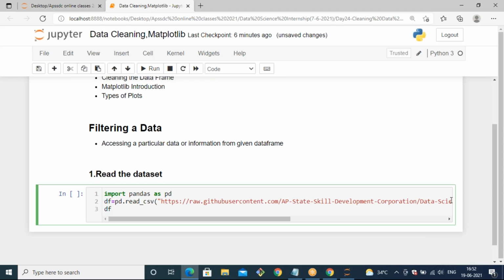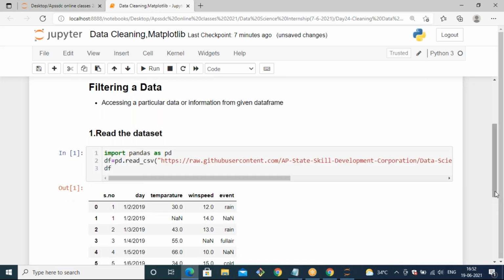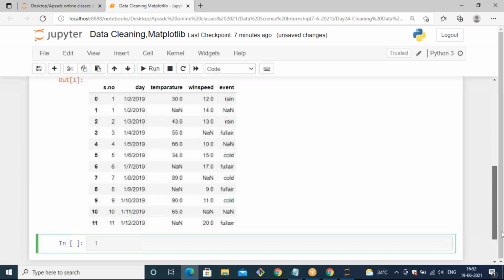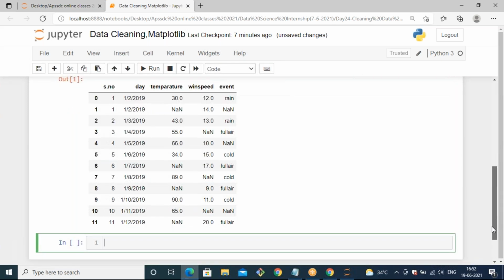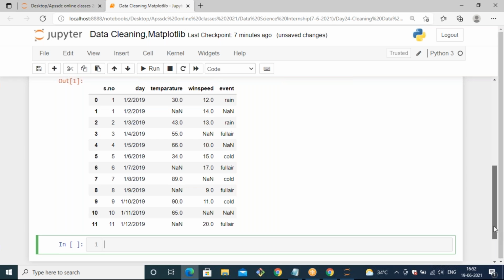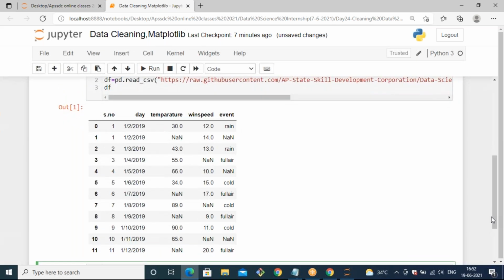And after that, if I want to display the first 5 rows, you can use df.head. It is a small data set, so I can display all the rows and columns. Now if you observe here, it has 11 rows and 5 columns. The default index starts from 0, so totally it has 12 rows and 5 columns. If I want to know the number of rows and columns of the given data set, how can I know that? What is the method to find that out?